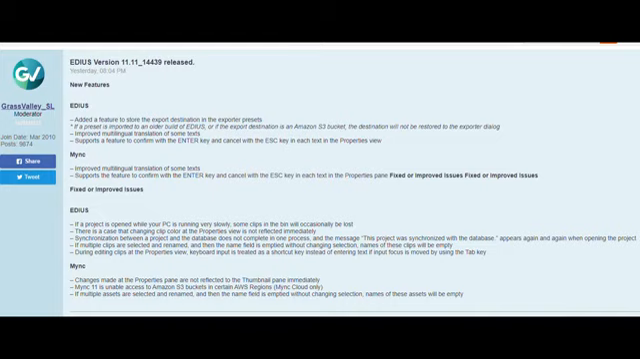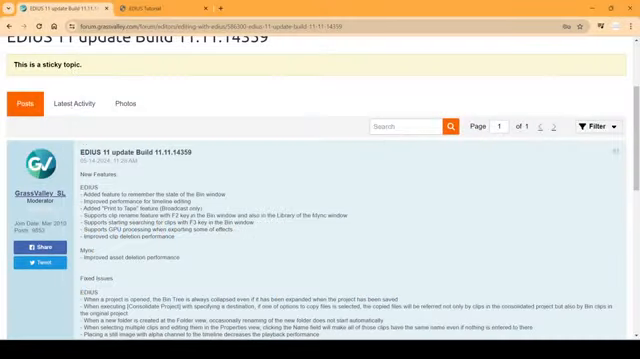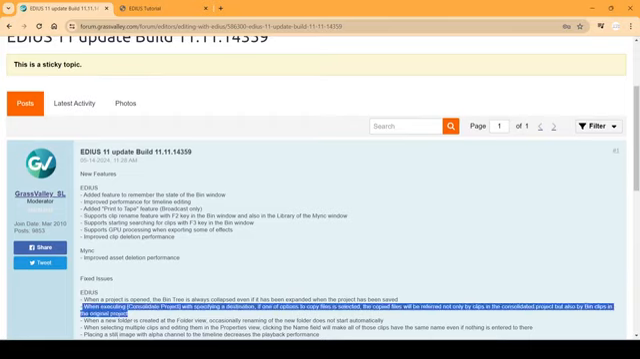As I make this, ادیوس 11.11.14439 has just been released. But the things I'm going to look at were added in that and a couple of earlier small updates. So first I'm going to look at a new thing to do with renaming clips in the bin, and I'm also going to look at the thing about consolidating